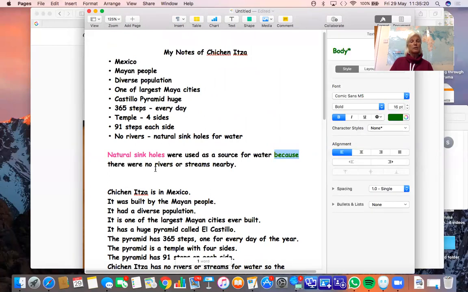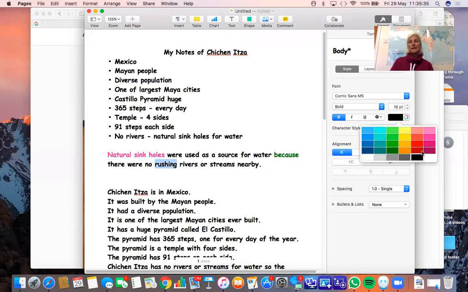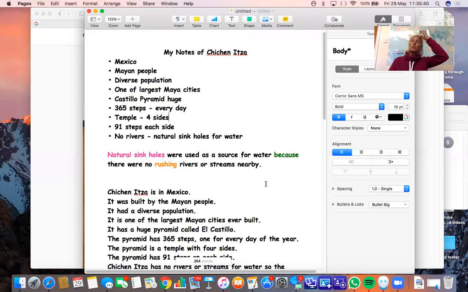Because there were no rivers or streams nearby. Now I could add an adjective if I wanted to. No beautiful or rushing rivers nearby. So I could add in an interesting adjective. No rushing rivers or streams nearby.